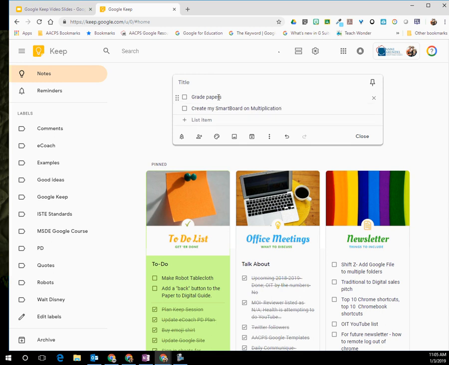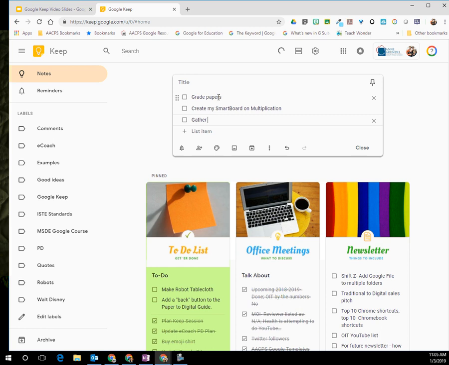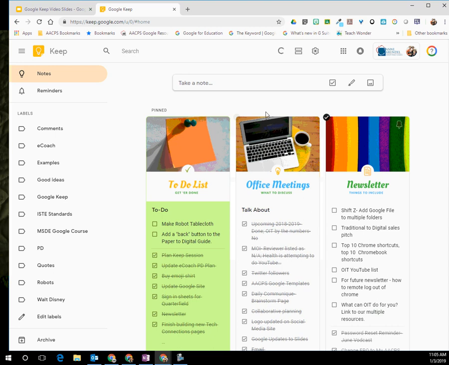And as I continue going down, I do have the ability to create subsections. So I might want to gather pictures of arrays to put into that. And to make it go underneath, I can grab it, notice my cursor has now turned into crosshairs, and I can drag it underneath. Now when I close this particular note,